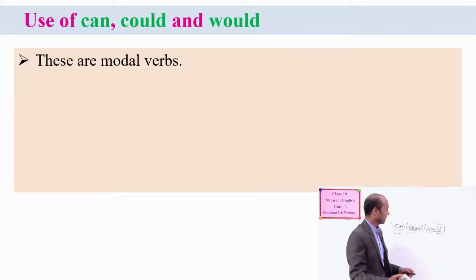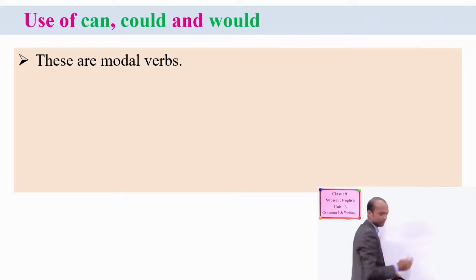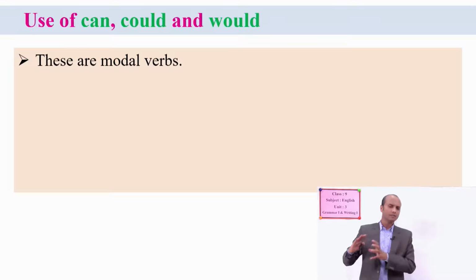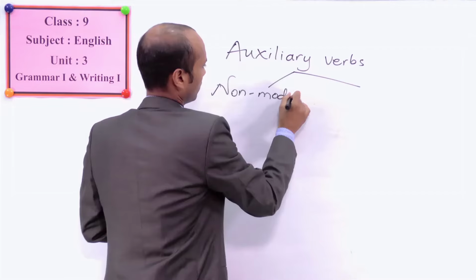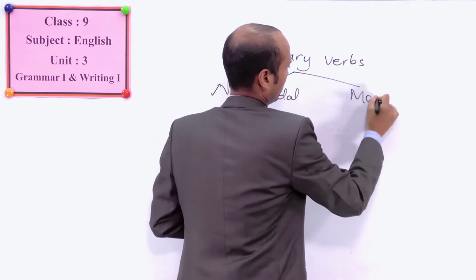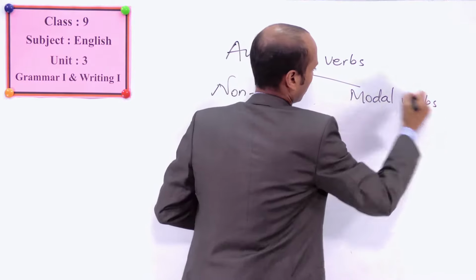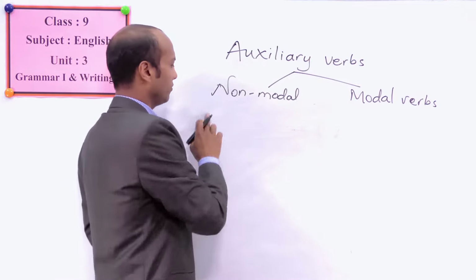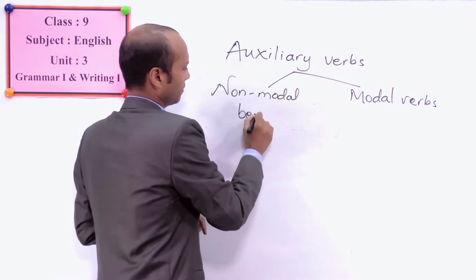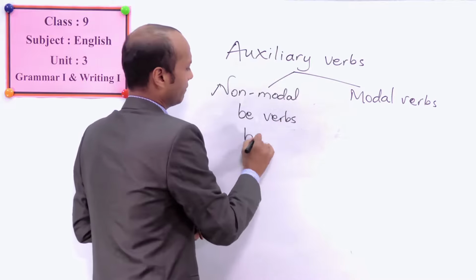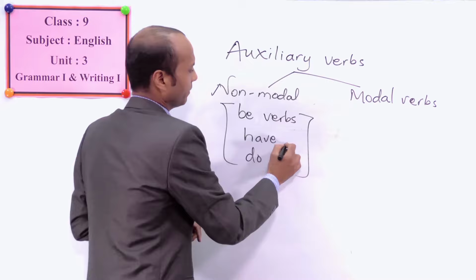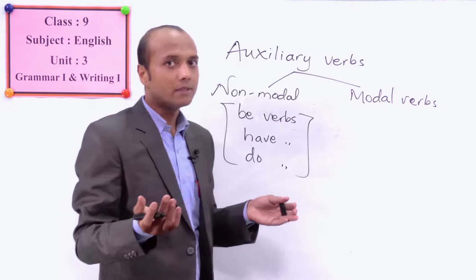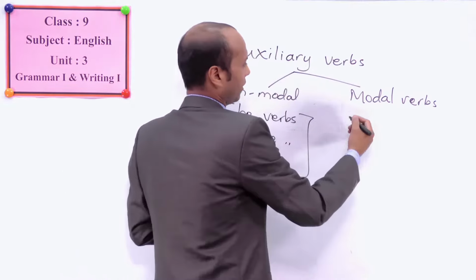So let me give you an example of these two. Why these are modal verbs and why the rest of the others are non-modal verbs. Let me start with non-modal verbs, and then come modal verbs. There is a long list of auxiliary verbs: be verbs, have verbs, and do verbs. These three categories belong to non-modal or primary auxiliary verbs, and the rest of the verbs, for example,